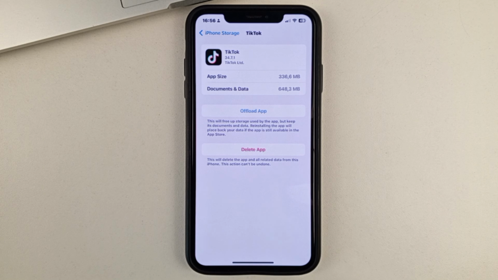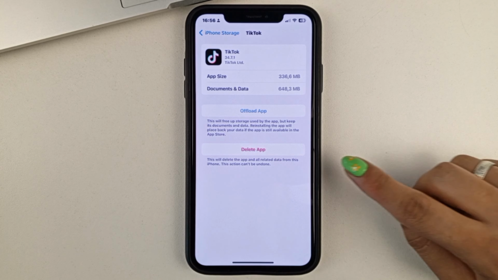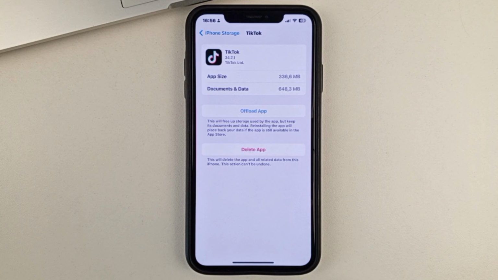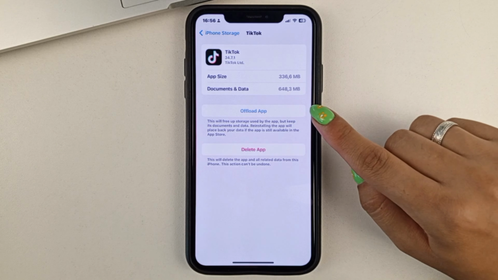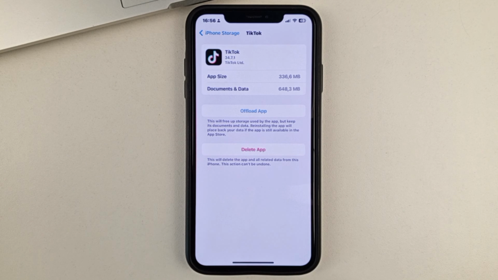If this method doesn't work for you either, then you'll need to click Delete App, after which you will have to download the app again. But let me tell you right away that when you offload and reload your TikTok, then all the data will remain and you will only need to log into your TikTok page. But if you uninstall the app and then re-upload it to try to fix your error, then in this way your data will disappear. Friends, these are the ways you can try to fix the lack of photo mode in the TikTok app.